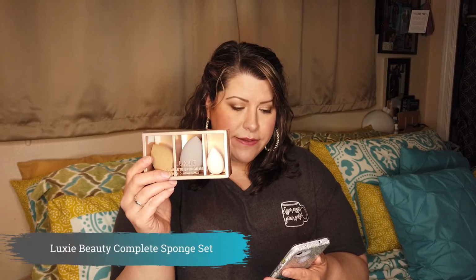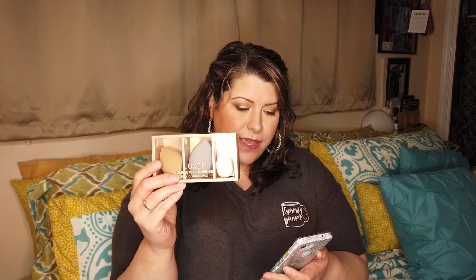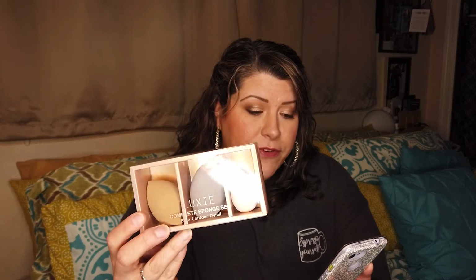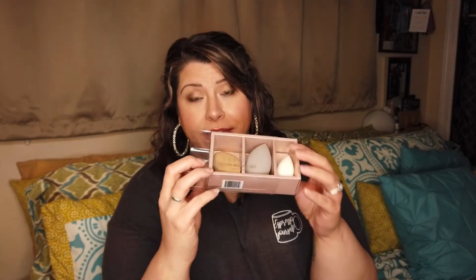Next, we have the Luxie Beauty Complete Sponge Set. These different sponges have different applications. Each sponge is built with different densities, water retention rates, and shapes. These sponges are the ideal complement to your brush set to obtain a perfect complexion and impeccable look. This set retails for $40. So we're going to take them out